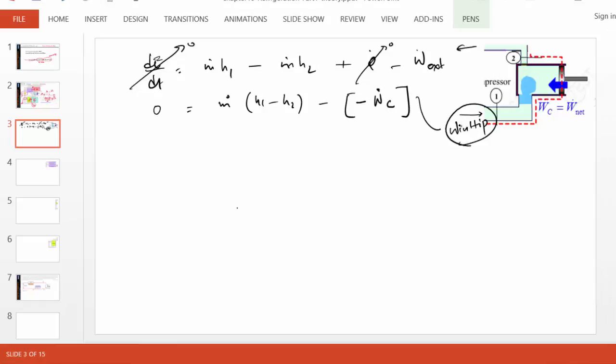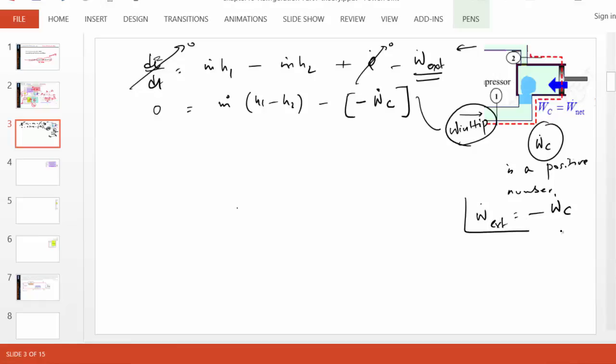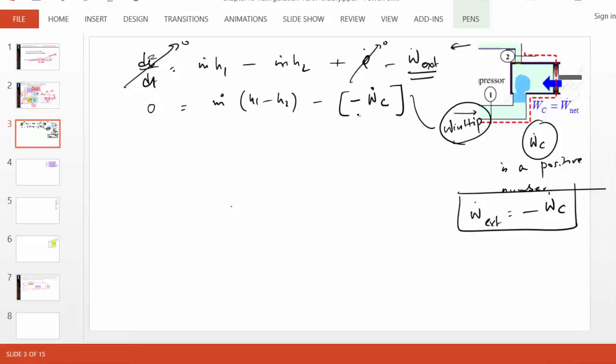Work in is negative, so W dot C is a positive number. When you say compressor power, 5 kilowatt, that means 5 kilowatt is going in. You don't need another sign to describe it. But W dot external here has a sign attached to it. It's an algebraic quantity. So we have to be respectful to the sign. And when we substitute W dot C, which is a positive number, we put the negative sign to reflect W dot external. In other words, W dot external equals minus W dot C. So therefore, the equation simplifies to W dot C equals